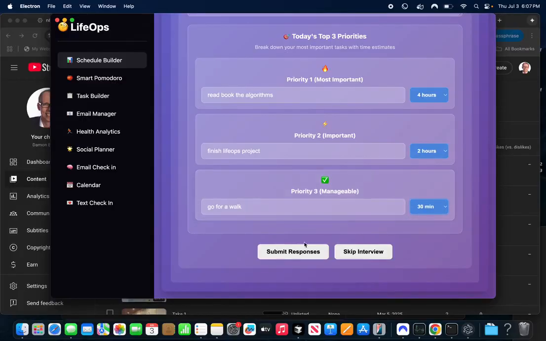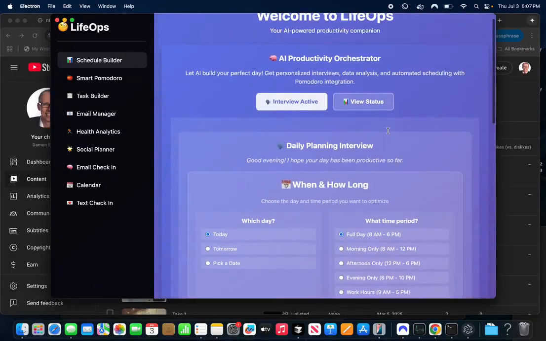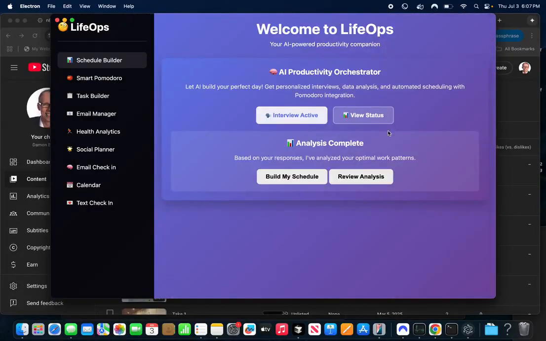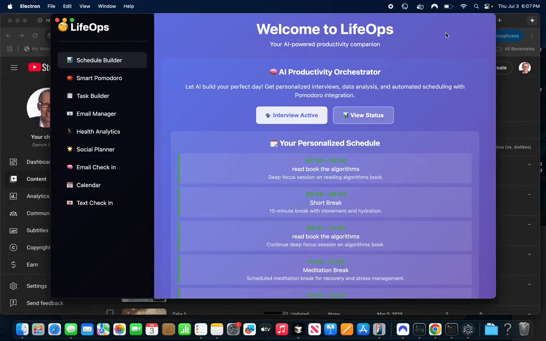All right. So what's going to happen here when I hit submit responses is it starts processing, which means it's thinking about sentiment with a second LangChain agent, right? And now it's processing that. Now it's moving on to the third LangChain agent, which is building your personal optimized schedule. These things take a second because obviously there are multi-step agentic workflows, but here we go.